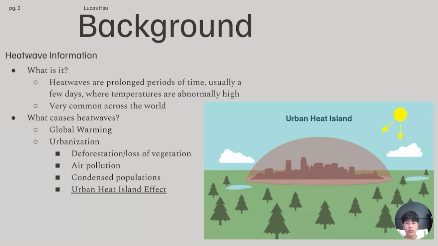Urbanization also leads to something called the urban heat island effect. This is where the materials used to create cities reflect sunlight rather than absorb it like soil or vegetation would. This causes the hot air reflected to be trapped around the city and form a dome shape, like in the picture below. This intensifies heat waves and also increases the frequency of them.